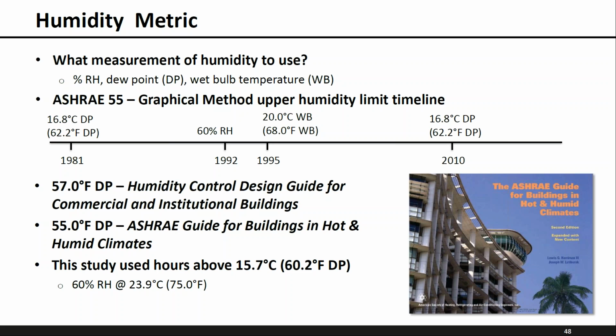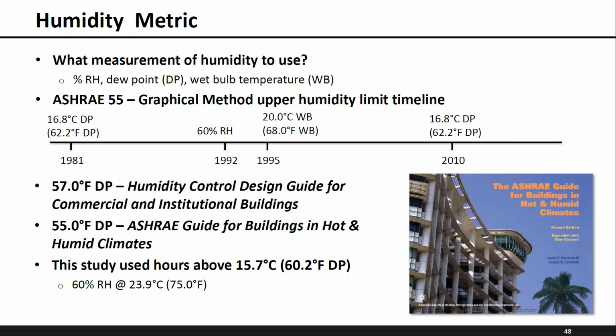That's where it stands today, at the upper limit of 62.2, and at humidities above that number, ASHRAE 55 instructs users to evaluate the Fanger model to determine if a condition is too humid. And just to put some of these numbers into context, a dew point of 62.2 at a dry bulb temperature of 75 degrees Fahrenheit results in a roughly 64% RH, a little bit above the 60% metric. Whereas a 60 degree Fahrenheit wet bulb temperature corresponds to an RH of 70%, so that's pretty high.